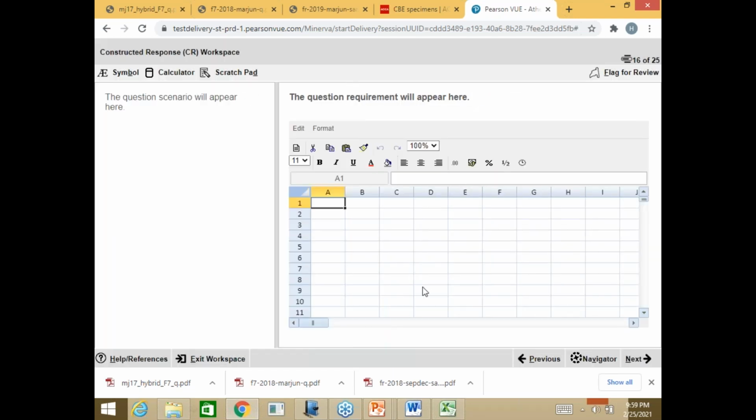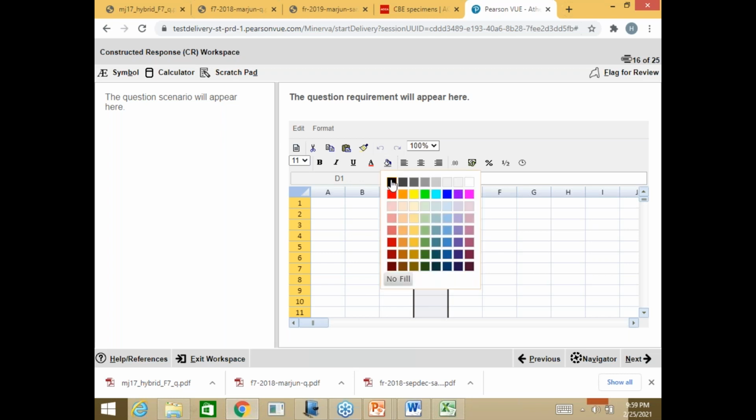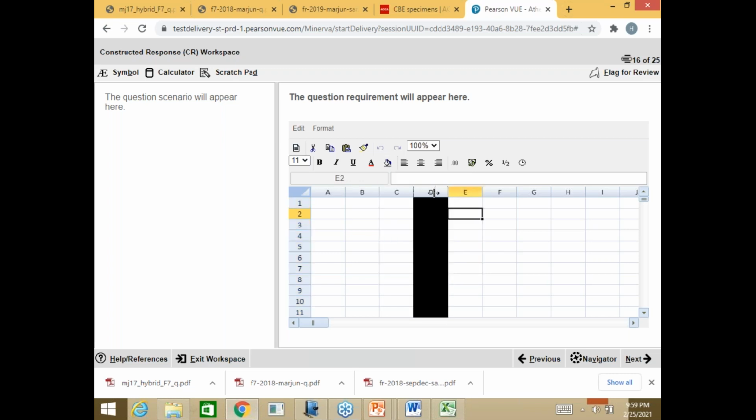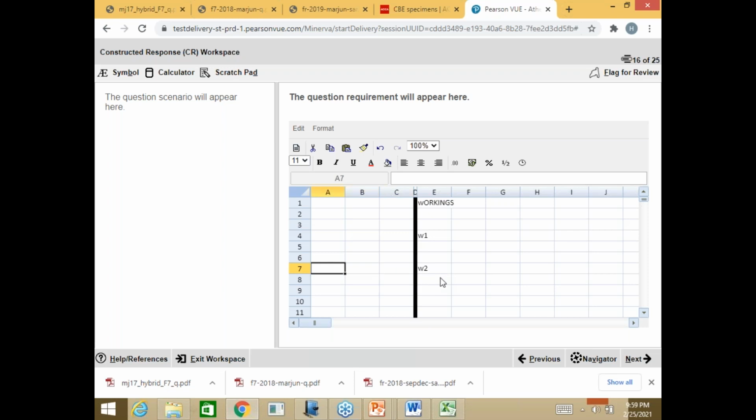So when you are solving the question, first select any particular column, A, B, C, D, and make a small wall for this. So there is a separation between the workings. All the workings will be performed here, working one or working two or whatever you are using. Then when we come